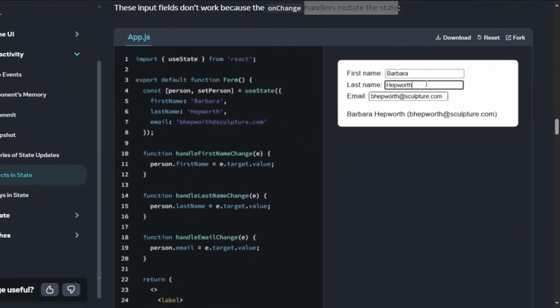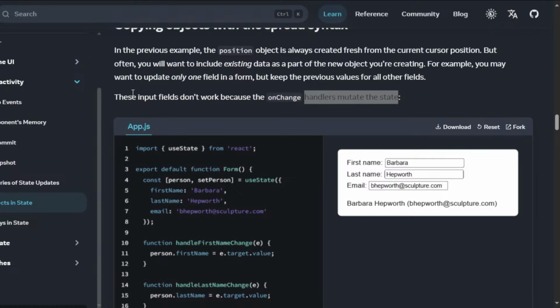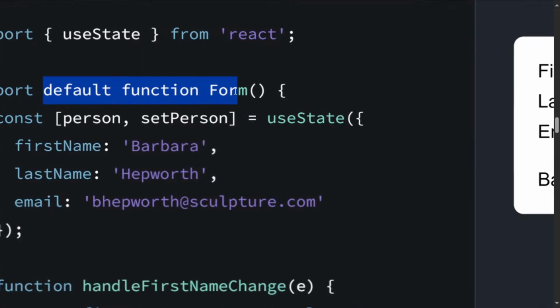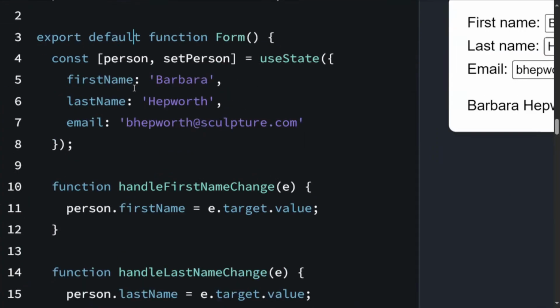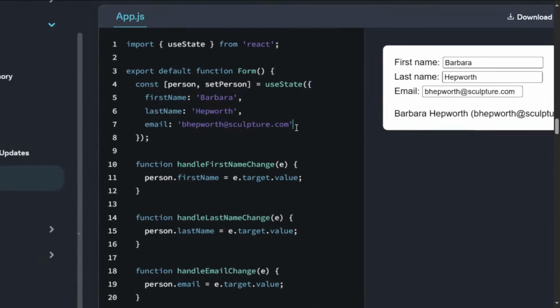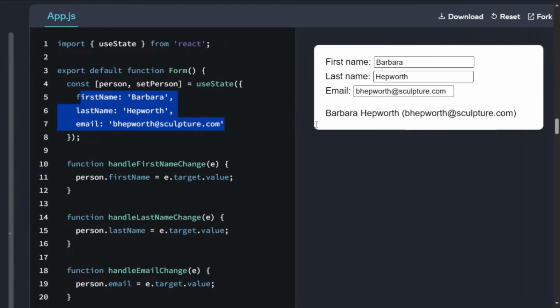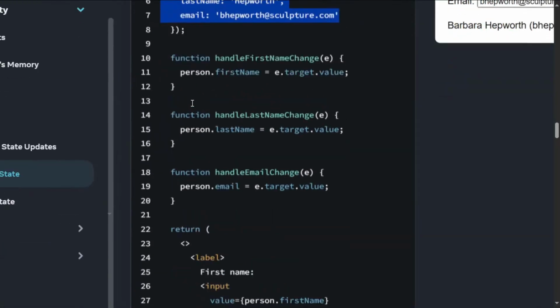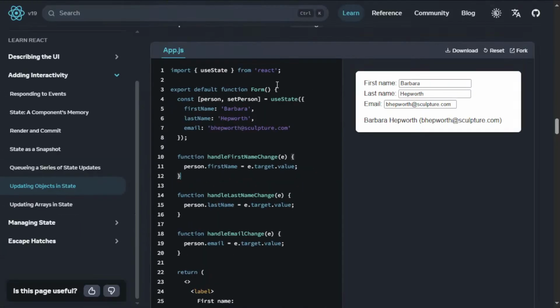This input field does not work because the onChange handler mutates the state. I have my main component as a form, and this component has one state variable containing the first name, the last name, and the email address as default values. And what we are trying to do,